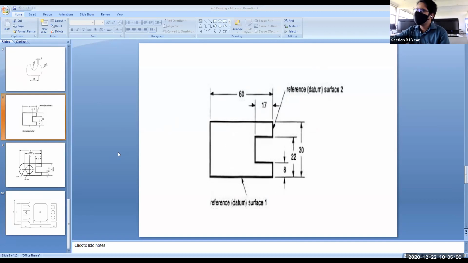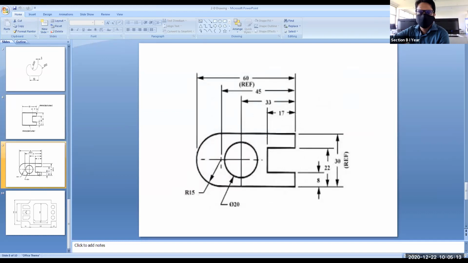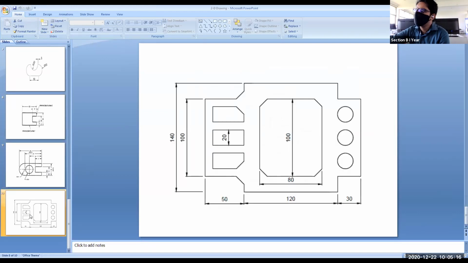Yeah. So this is one of the very simple figures you can see here on the screen. So today I will start with this figure only. Okay. And then we will draw this one. Yeah. This figure, second one. And this is the last one. This is the completion of your unit number 1. Okay, if you will see your syllabus that we have already uploaded in your Canvas, you can see we will be finishing our unit number 1 by these three drawings.